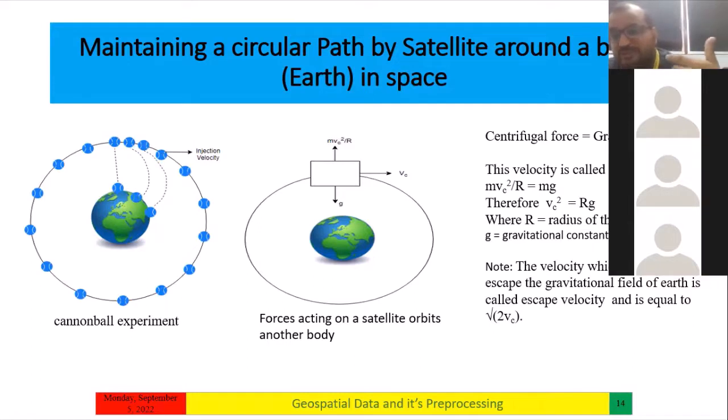So this experiment is a fundamental concept behind satellite motion, where the circular motion of the object, if it goes beyond a particular limit, is called escape velocity, and it starts revolving around the object because it leaves the gravitational scope of that particular planet. Here in the first figure, you can see the Cannonball Experiment. In the second case, we can see the different forces that are there on the